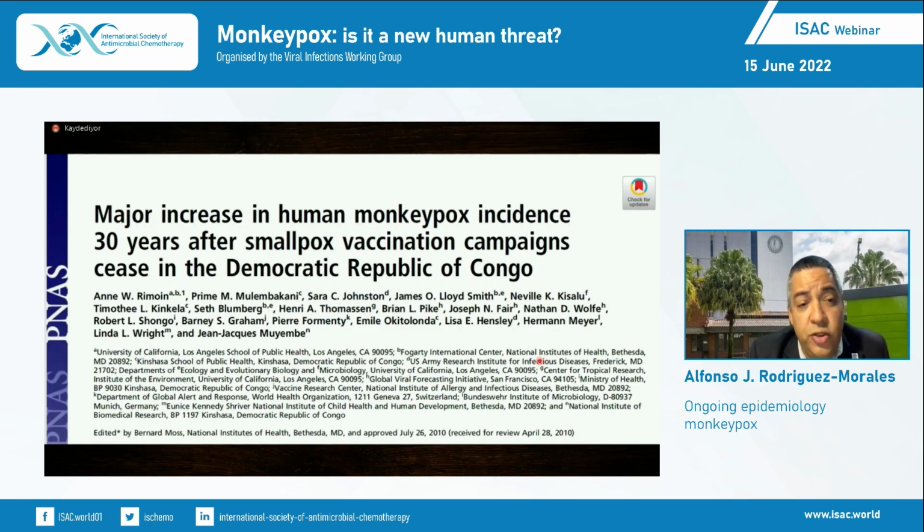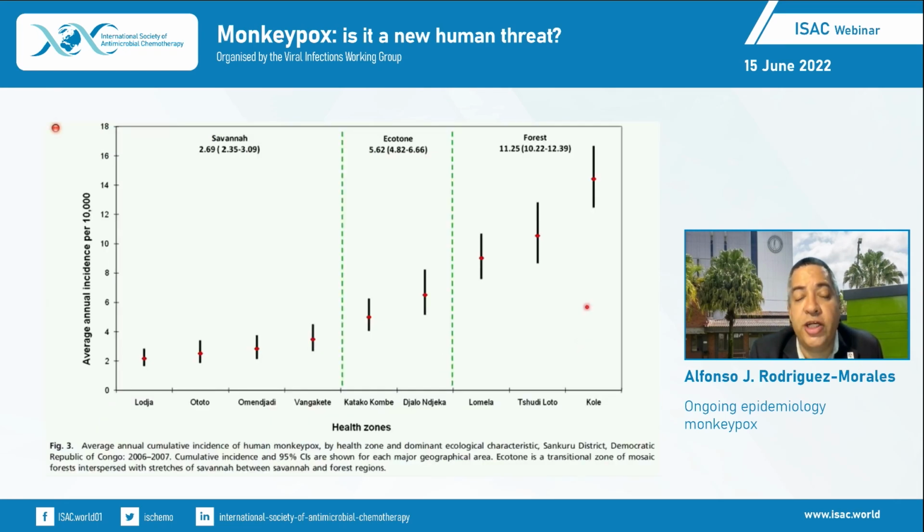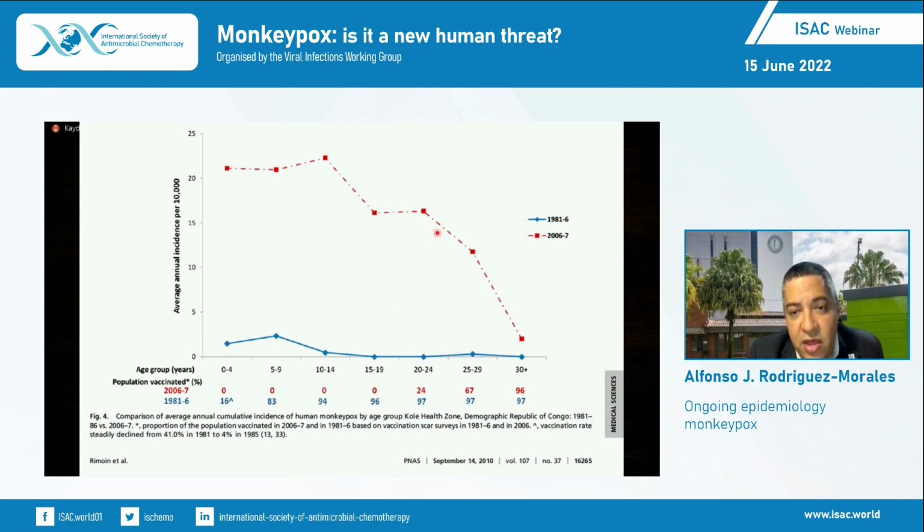But other studies suggest also what was initially mentioned in the first presentation, the impact of the stop of the smallpox vaccination, especially in African countries, but precisely with a difference in the ecological variables, such as the difference in the incidence according to different ecological areas, for example, in the Democratic Republic of Congo, but certainly with an increase in the average annual incidence per 10,000 population during 2006 to 2007 compared to previous years in different age groups, especially those younger, as you see here, a significant increase.